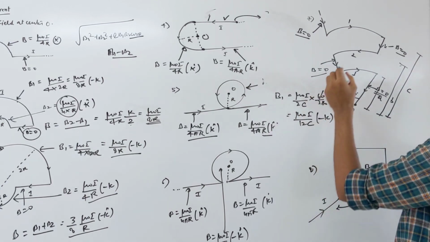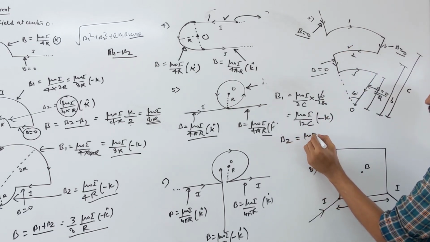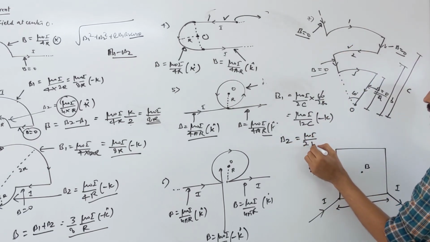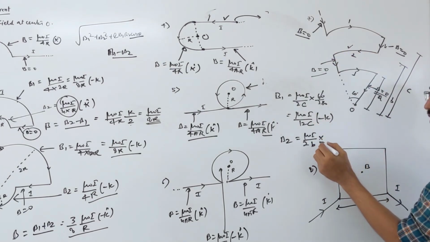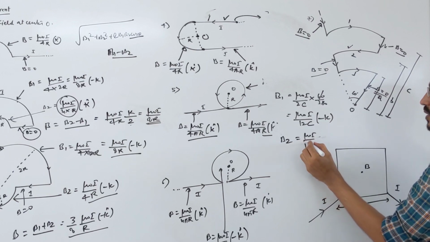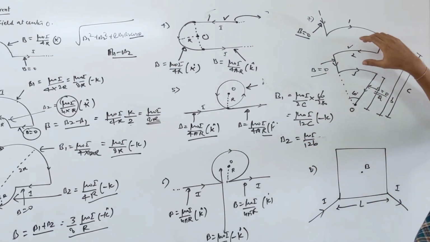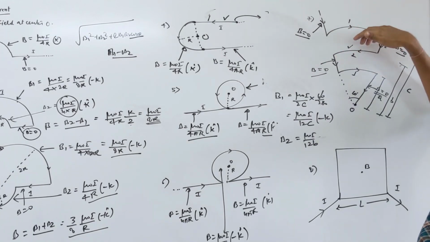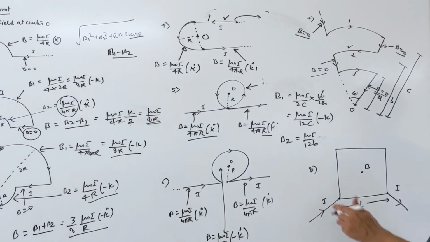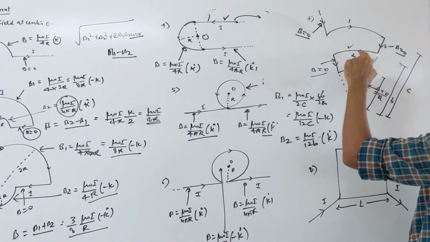Same way you have to calculate due to the second wire also. So what is B2? Look here, mu naught I upon 2, radius is given as B, and again the angle is same for this wire also, 60 by 360. This also becomes 12B. Now what is important? Only direction. For this wire, grab it in your hand with the thumb showing the direction of current. Above this wire, fingers are going inward. Below this wire, fingers are coming outward. So this is an outward field, keep in mind. That was an inward field, and due to this it is an outward field.